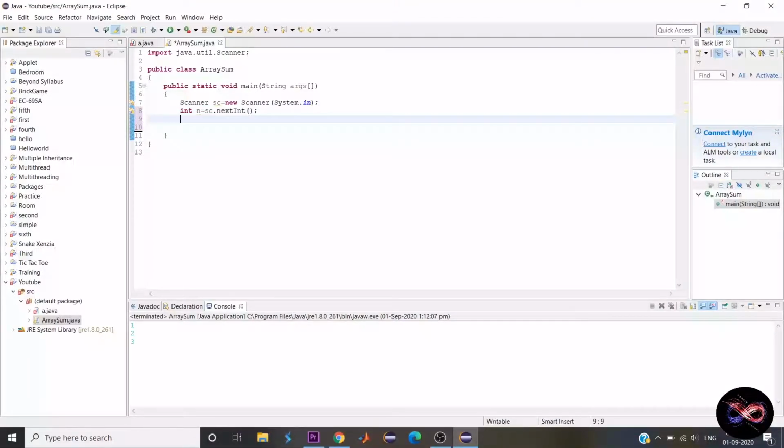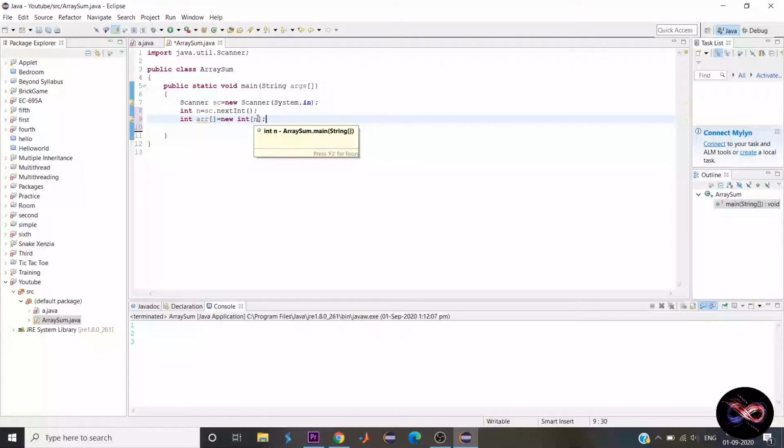Now we need to define our array. So first we will allocate the memory for our array. So int array is equal to new int, and in this bracket we will give n. So in this way we can define an array.